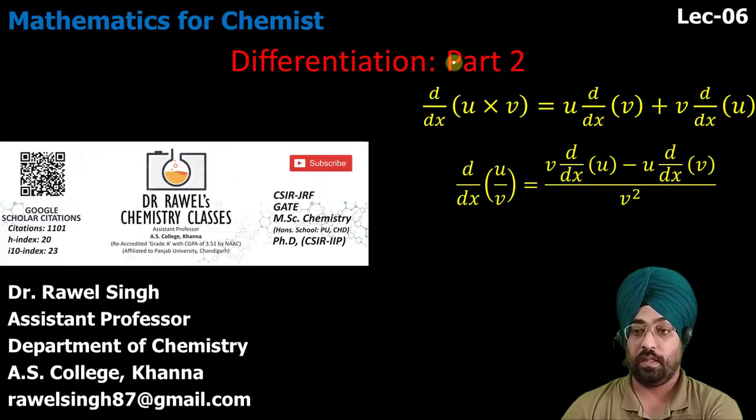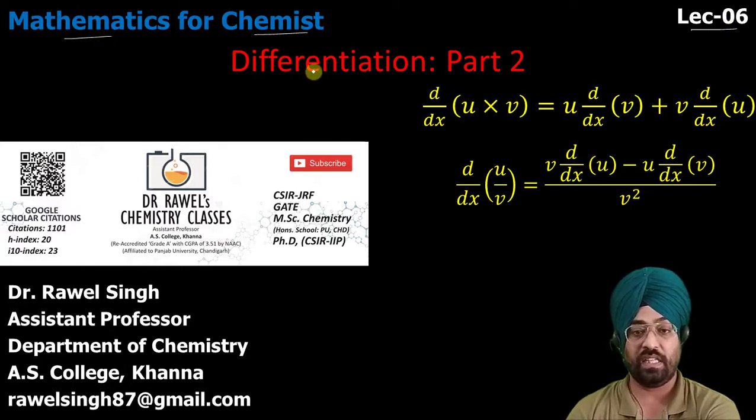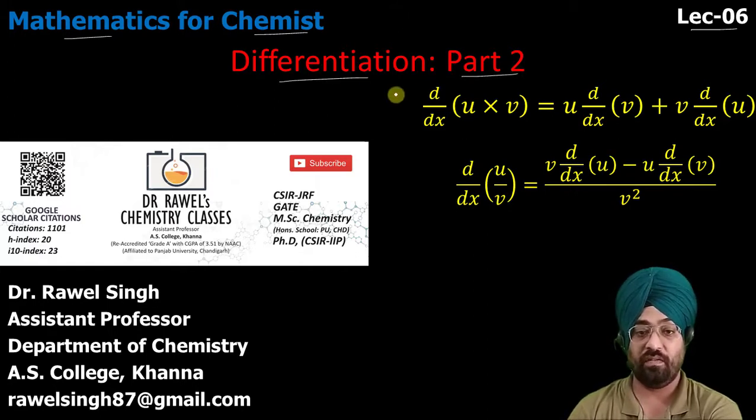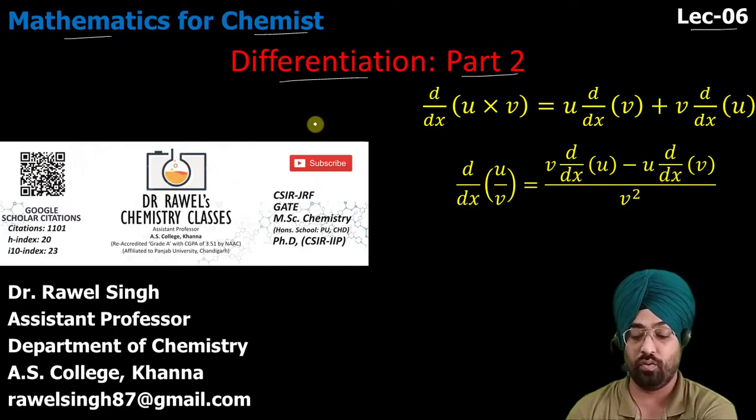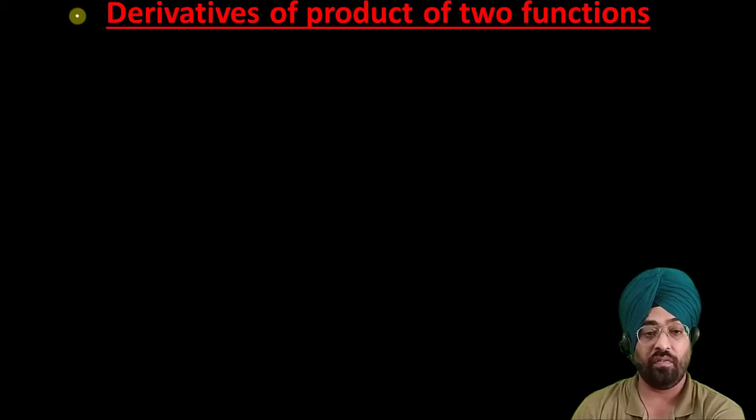Dear students, this is our sixth lecture of the lecture series on mathematics for chemists, and we were discussing differentiation. So this is part 2 of differentiation, where we will do some more basic formulas and we will see how to use them. So the first formula is, if we are given two functions as a product,